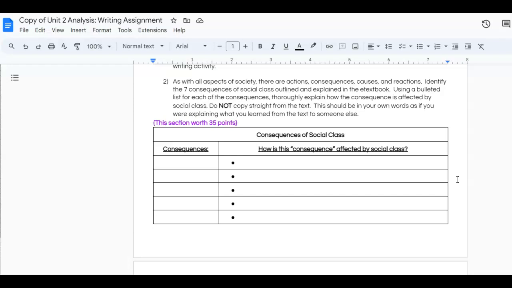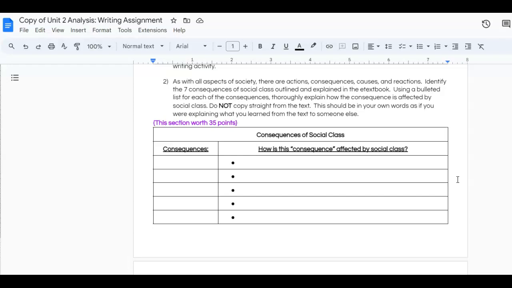All right, so you are going to identify the 7 consequences of social class, and then you are going to explain those consequences and explain how they are affected by social class. As a reminder, you are not just simply copying the explanations from the text.